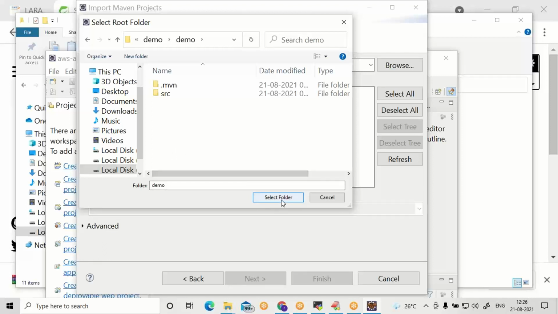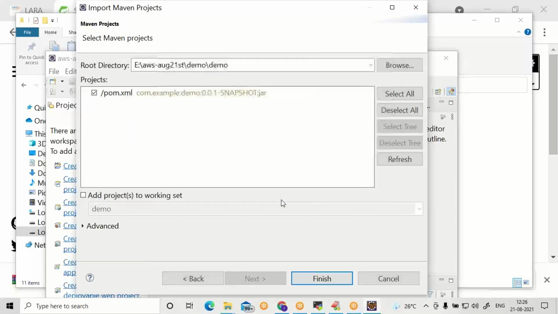Now, don't select .mvn or src. Click on select folder. You should see demo two times and you should see POM checked. Click on finish.